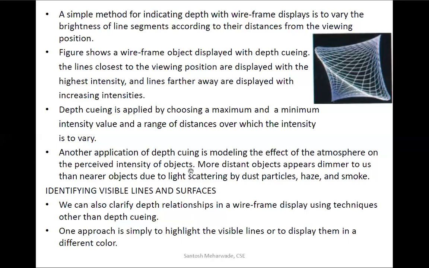The best example for this is to assume that you want to create a scene in which a smooth surfaced sphere is kept in front of a light source. At that time, the part of the sphere near the light source will get more light, high intensity light, and the part of the sphere away from the light source will not get that much intense light. In that situation we will use depth cueing. What is the intention? So that we can make the viewing more three-dimensional, in a more realistic form.